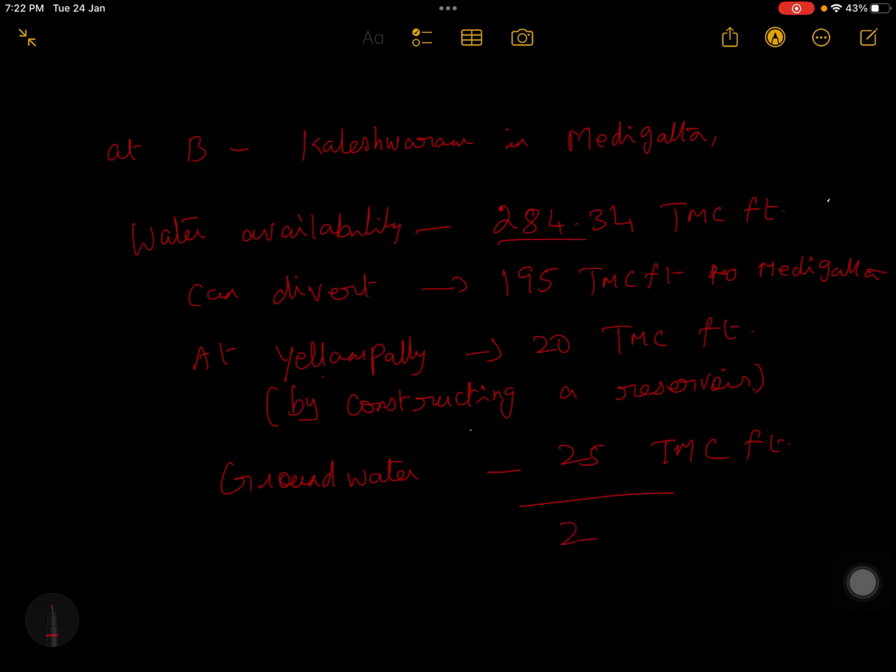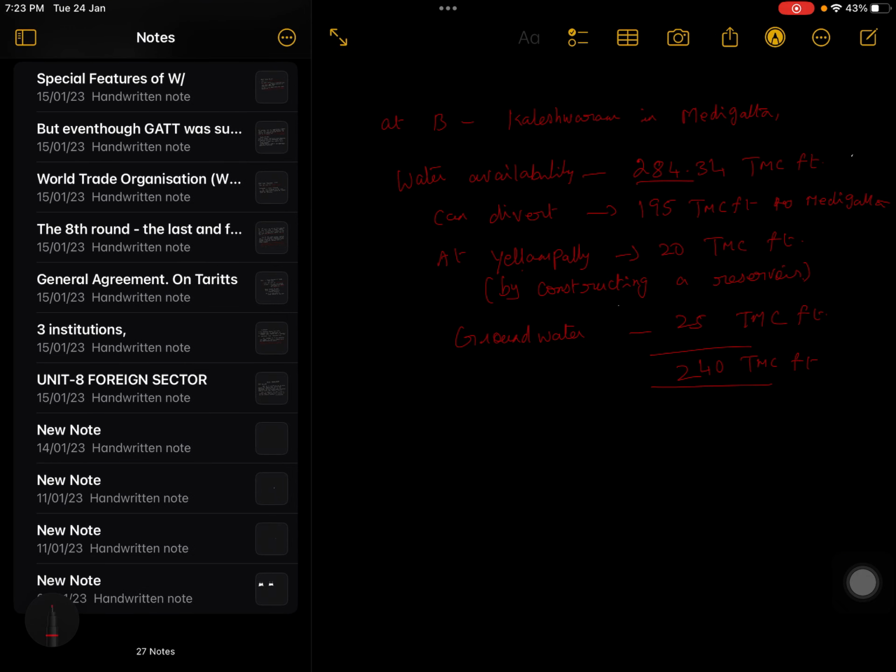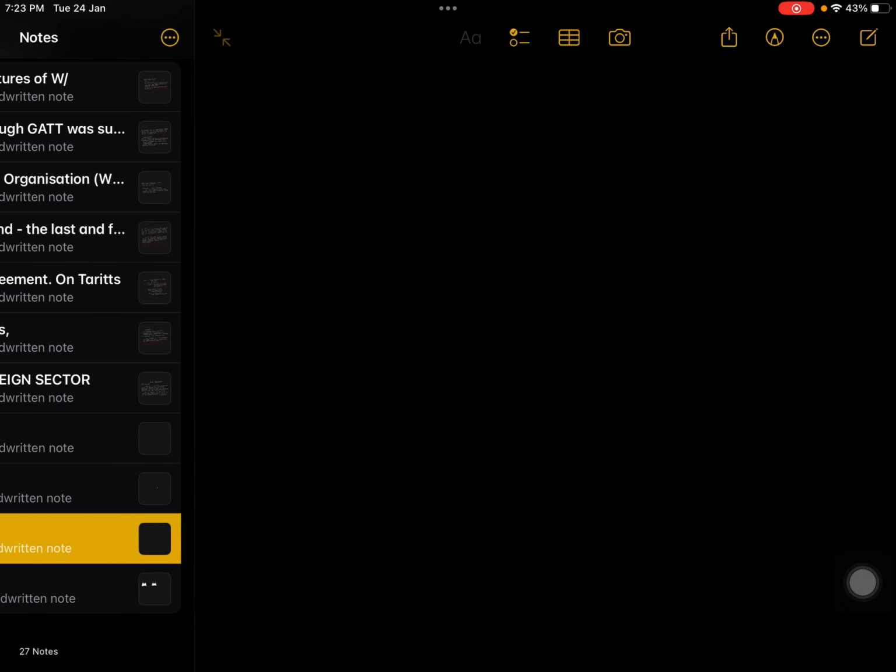Okay, so in total we are getting around 240 TMC feet. So instead of 160, it is 240 TMC feet by constructing a barrage at the place Medigatta, Kaleshwaram. Okay, and now out of this 240 TMC feet,